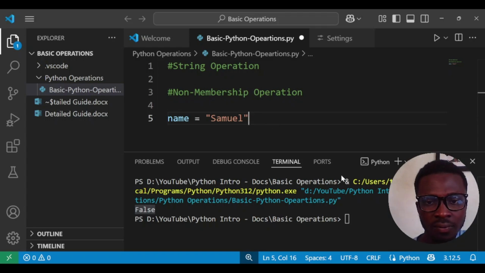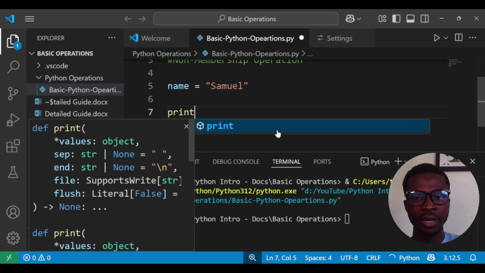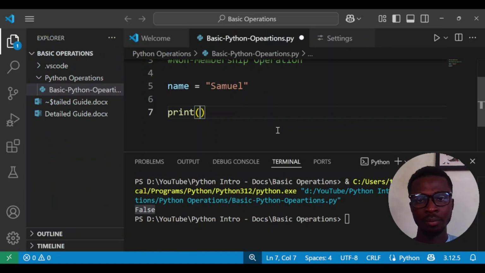So the next operation that we are going to talk about is the not membership operation. With the not membership operation, if the character is not there, it returns true, and if it is there, it returns false. It is the opposite of the membership operation. With the membership operation, if it is there, it is true, and if it is not, it is false. But with the non-membership operation, if it is not there, it is true, and if it is there, it is false. So now let's try it here. Print S